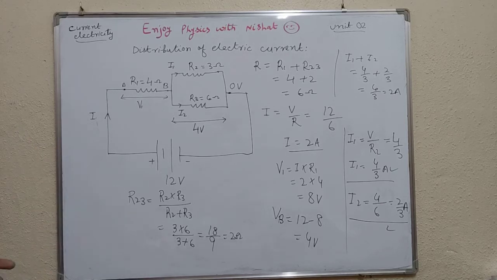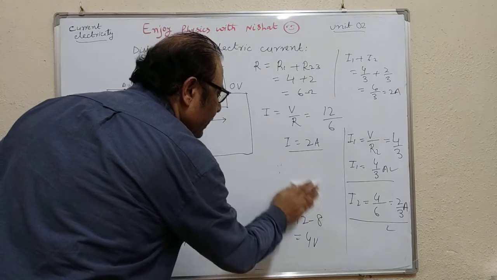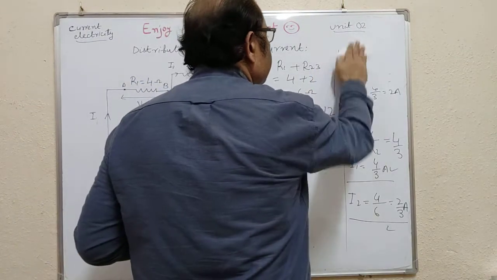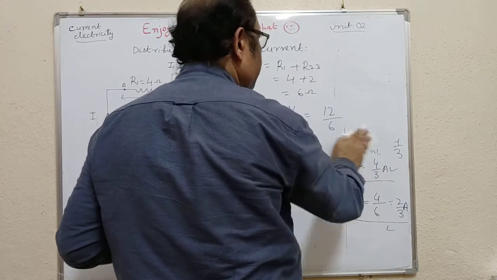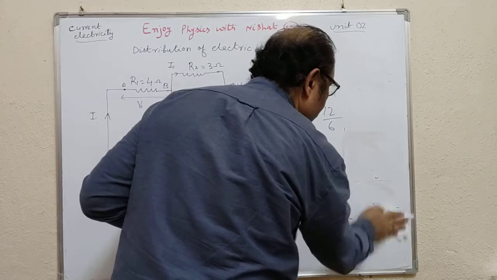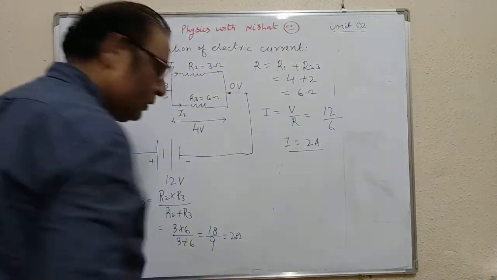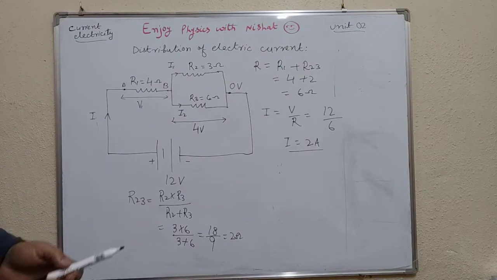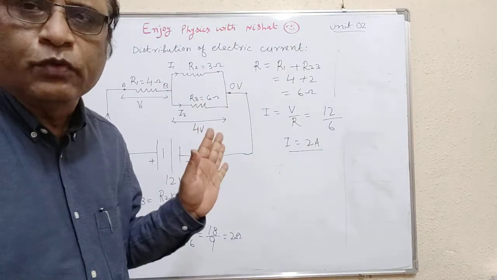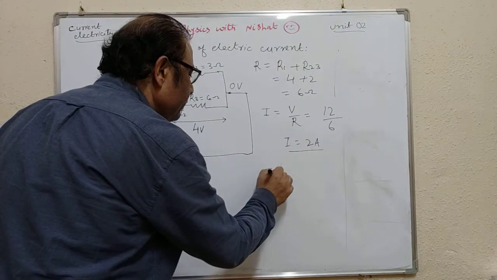Okay. Now you can use another method for that, but you have to start from here. Up to here, we have to follow the same rule. In this case, there is no need to find out V1 or anything, 0 volt. Nothing is needed. Just I1. We want to find out I1.